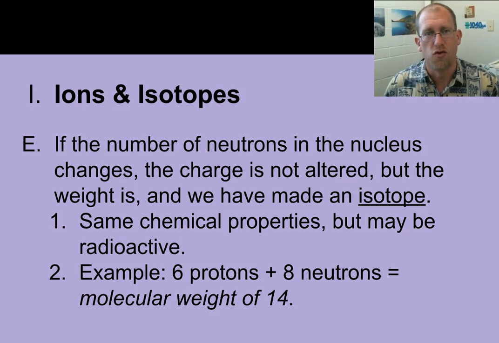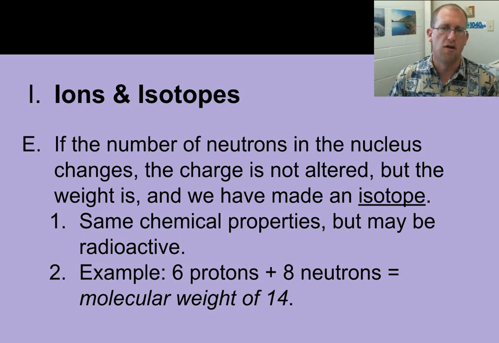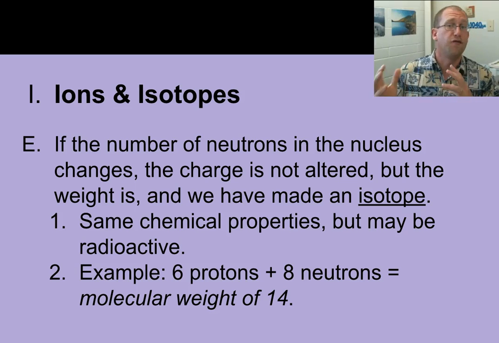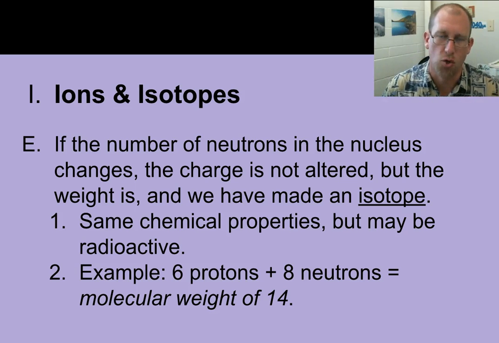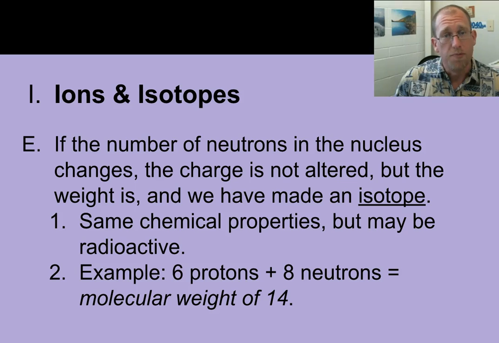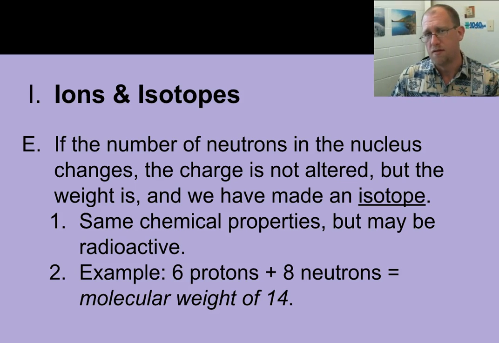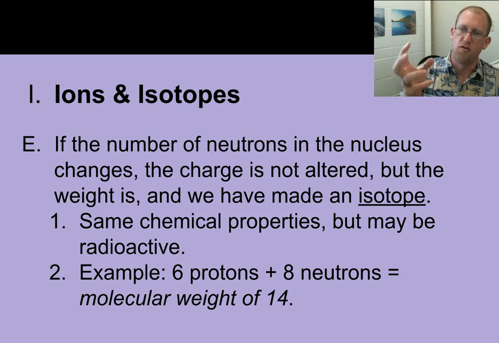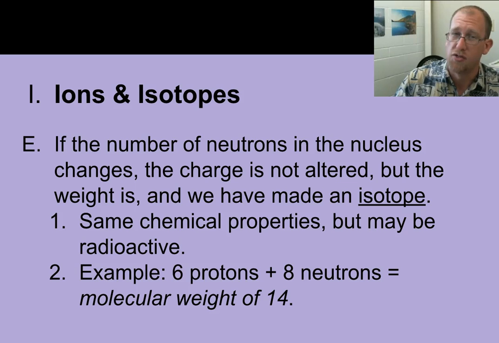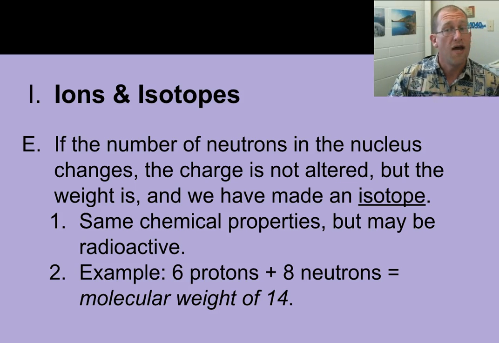When you change the number of neutrons, something else happens. And we call something with a different number of neutrons an isotope. Isotopes are atoms where there's still the same number of protons, but now we've changed the number of neutrons. So its chemical properties don't change very much, but it weighs something different. It is more massive or less massive, because remember, mass is determined by the number of nucleons, protons and neutrons